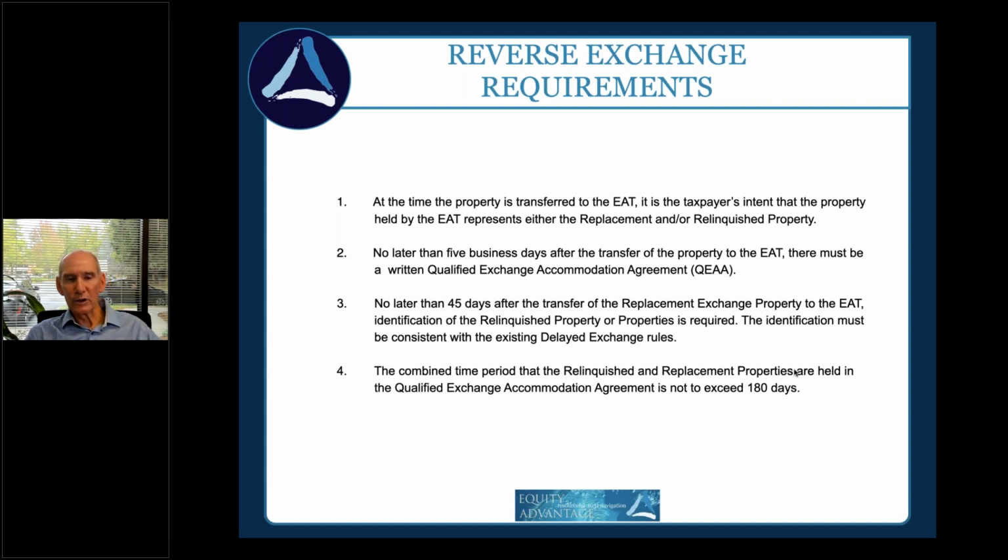As far as number 3 is concerned, unless you don't know what's going to sell, you're not sure at all, if you've got multiple assets, you're going to be looking at those ID rules. So, maybe you keep it 3 or fewer, but typically you're going to be giving up a single asset. We actually integrate that into our exchange agreements up front, so it's not a problem. And then number 4, we've got a total of 180 days that we can be on title to the new and or relinquished properties. We can't stretch beyond the 180 if we're working within the safe harbors of Rev Proc 2000-37.